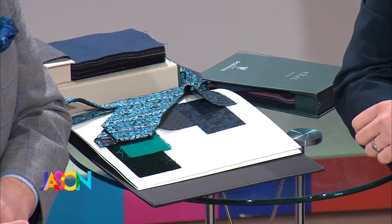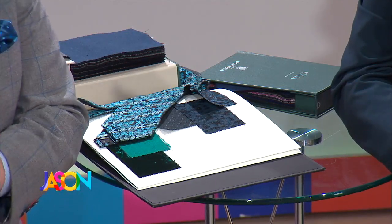Okay, new colors for spring, guys. Oh, look, I honestly didn't know that this was the color when I wore the suit today. But what should the guys out there look for? Yeah. So we're talking a little bit more about evolution versus revolution. Sometimes things are revolutionary and we notice it right away. We're talking more about things continuing to evolve. Right. Okay. And we like to think of ourselves as a couple steps ahead of the trends because that's literally our job. So a couple years ago when we did the suit for you, or maybe it was about a year ago, even though you don't remember doing it,